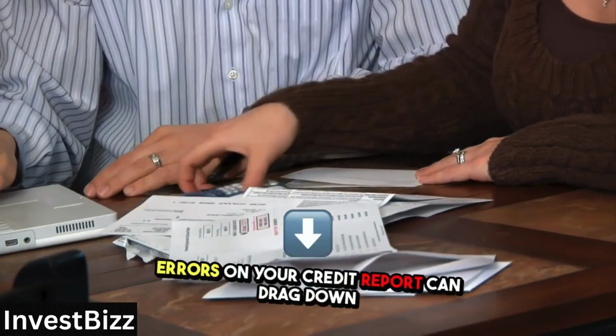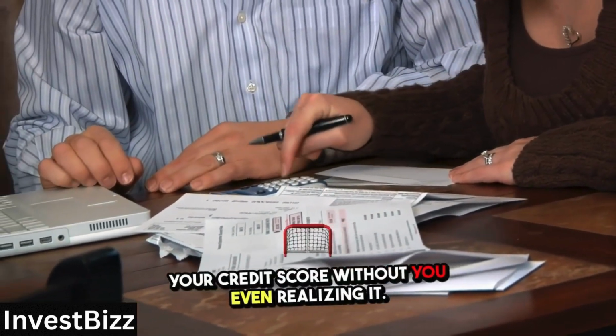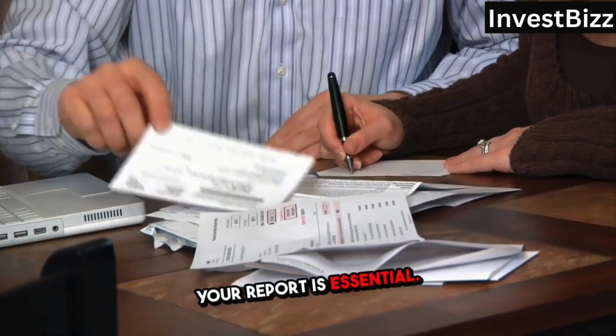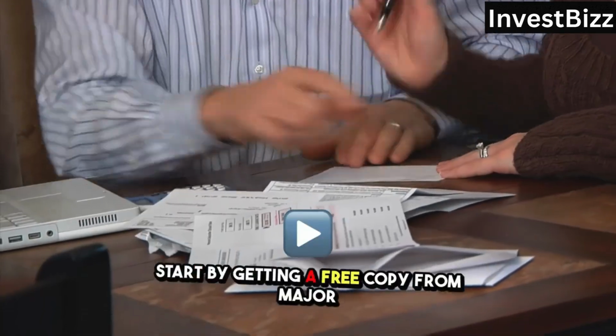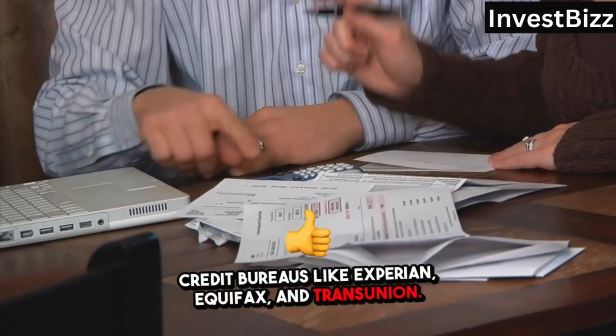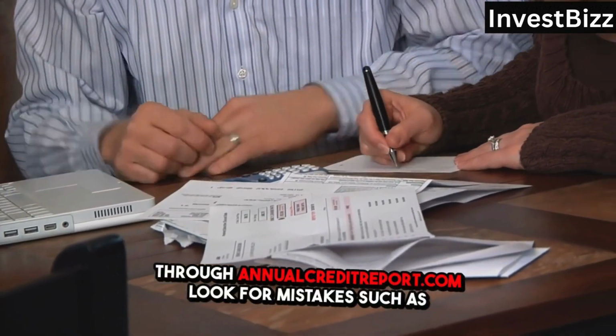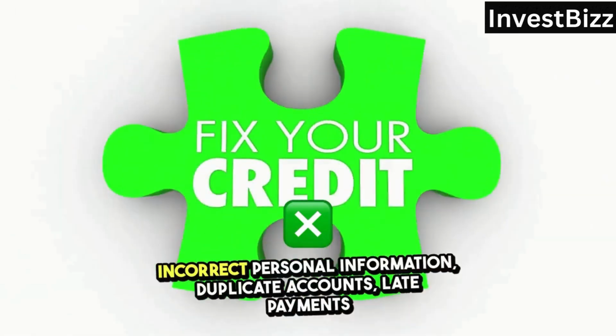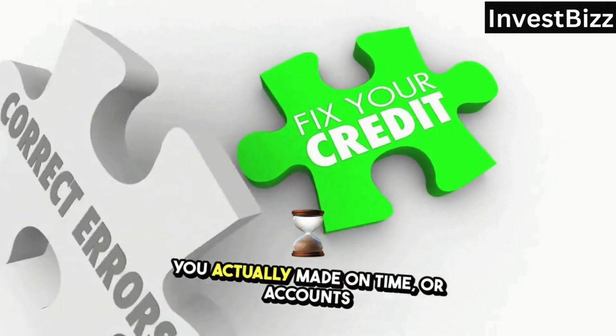Errors on your credit report can drag down your credit score without you even realizing it. That's why regularly reviewing your report is essential. Start by getting a free copy from major credit bureaus like Experian, Equifax, and TransUnion through annualcreditreport.com. Look for mistakes such as incorrect personal information, duplicate accounts, late payments you actually made on time, or accounts that